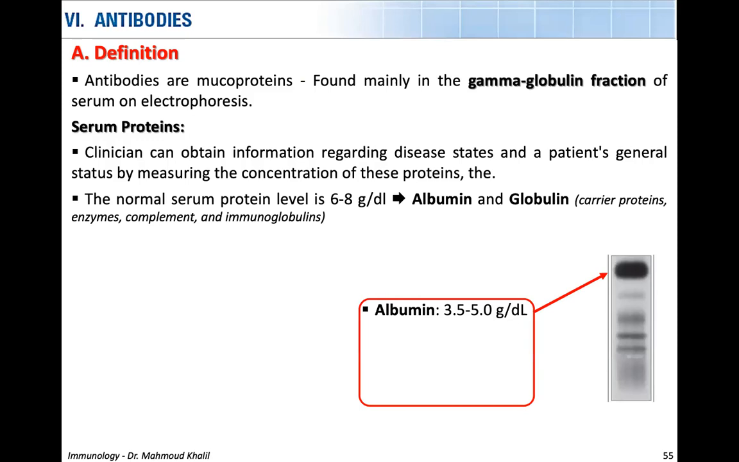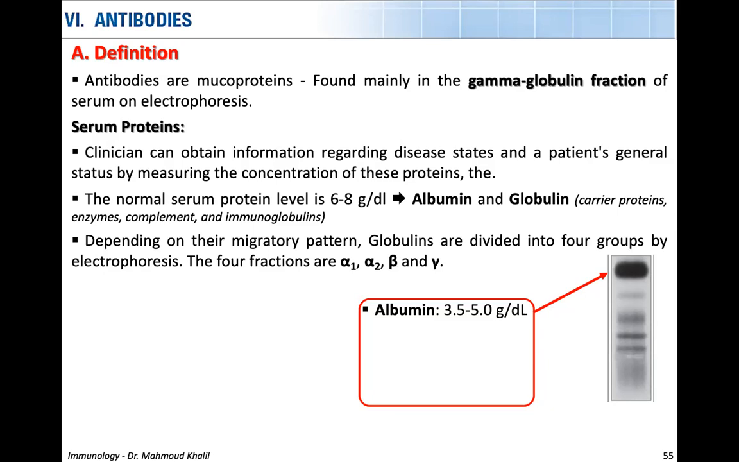Albumin, which occupies most of it. As you can see, this represents the electrophoretic pattern, and you can see that albumin occupies most of it. For you to understand, the thicker and the heavier the band, the slower it will migrate, and hence it will appear on top of the gel. So you can see that albumin occupies most of the concentration of the serum proteins, while the globulin,